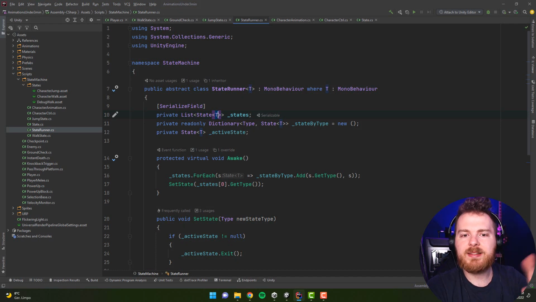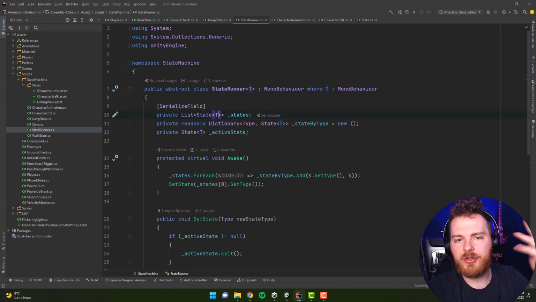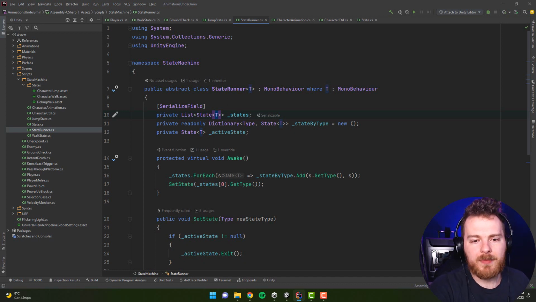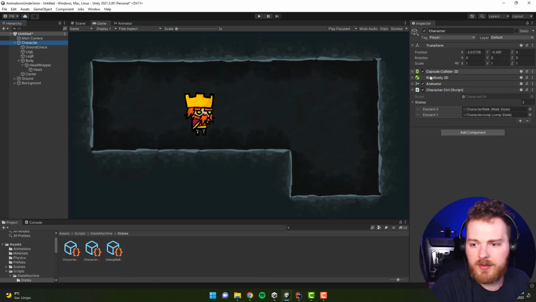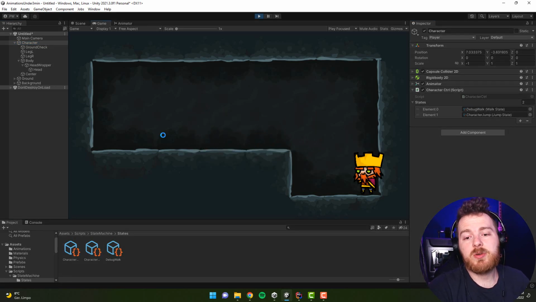So because of that, the states can execute logic on the character without passing this down all the time or something like that. Now, what we do, we have this states list, which basically is over here. As you see, I can drag and drop different states here. And you remember we created this debug walk. So if I place it here and start the game, now my character is walking extremely fast because